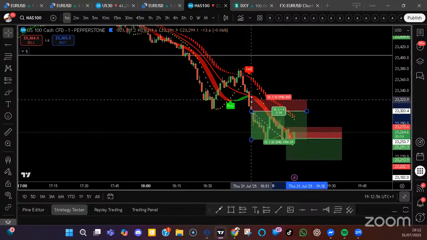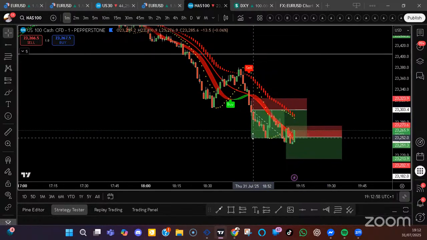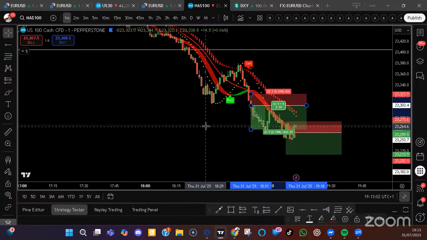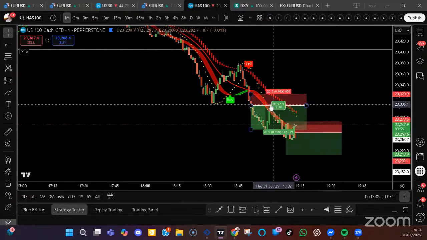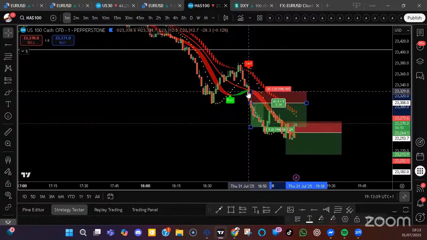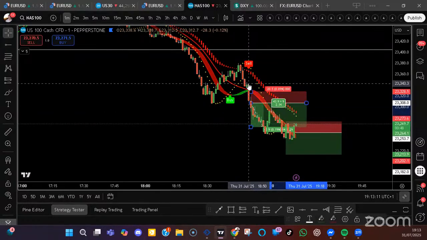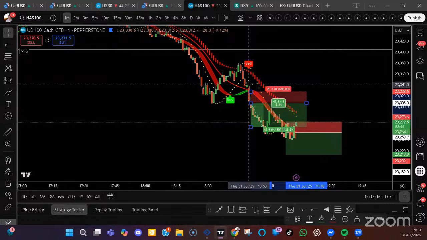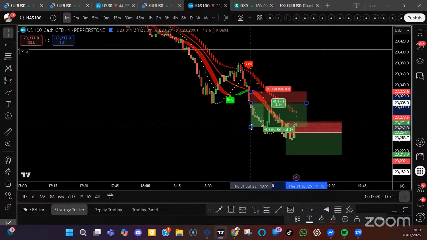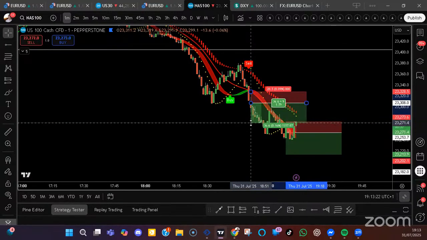Which is there. 2 to 1, which is there. And as you can see, stop loss will be on the trend line. And as you can see, if I was around at 10 to 7, well, I wasn't, because I was preparing my live. But if I would have been there, I could have got that trade thanks to the